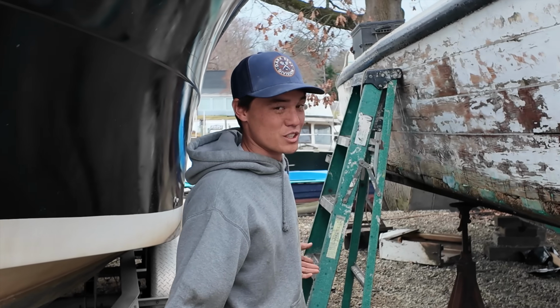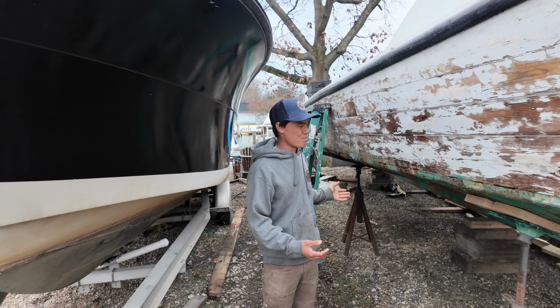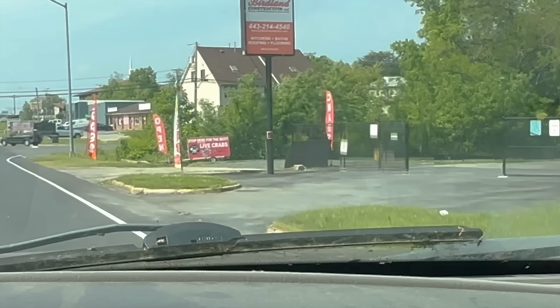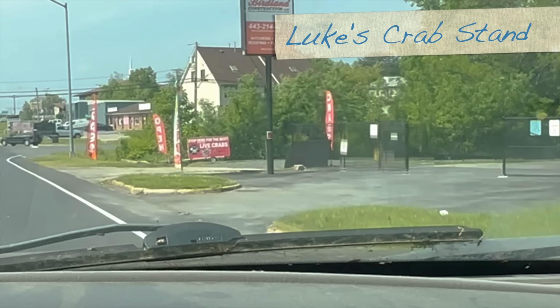This boat is a little past its prime. I bought this boat not to put back in the water. I bought this boat to turn into a crab stand, actually. So I'm going to pretty it up and then convert it into a storefront to be able to sell the seafood I catch. But